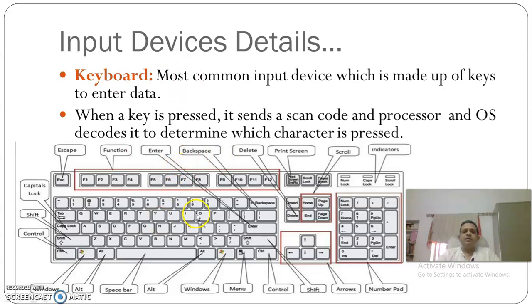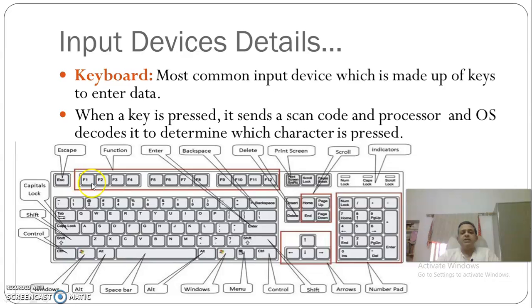Let us discuss some most commonly used keys. These keys that you are seeing, Q, W, E, R, T, Y, are known as alphabet keys. These are used to type your alphabets. Then on the right hand side, you have the numeric keypad, or the number keys. Number keys are also present on the top row here.